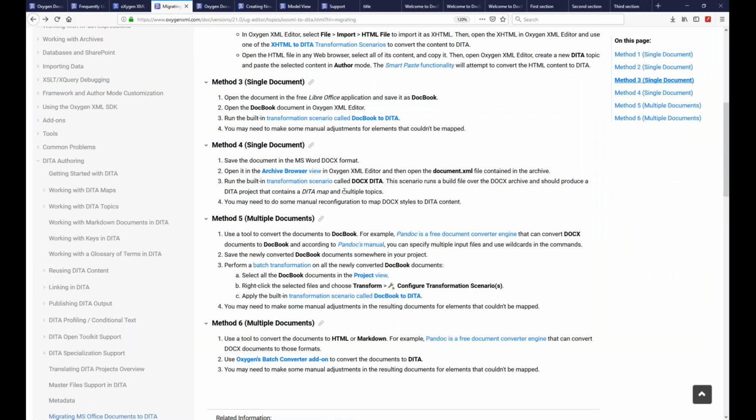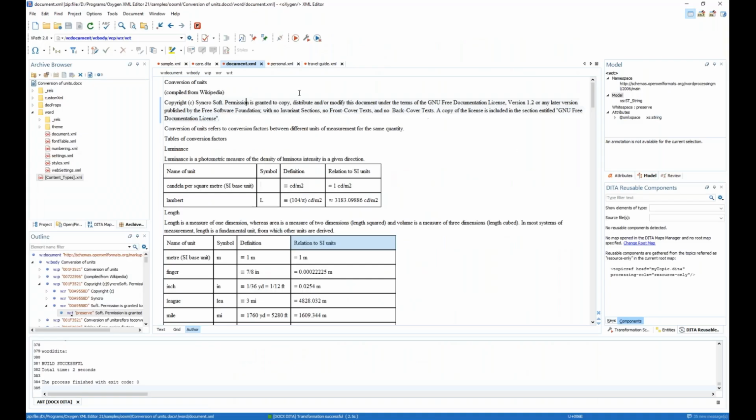If the structure contains, you see, you may need to do some manual reconfiguration to map docx styles to DITA. So if your document does not use styles and there is no mapping from those styles to DITA elements, you will not get real DITA content, because if there were a magic solution to convert Word to DITA, there would be no need